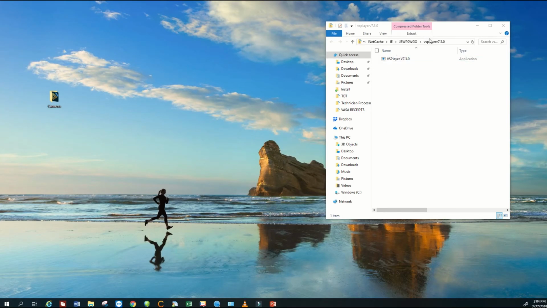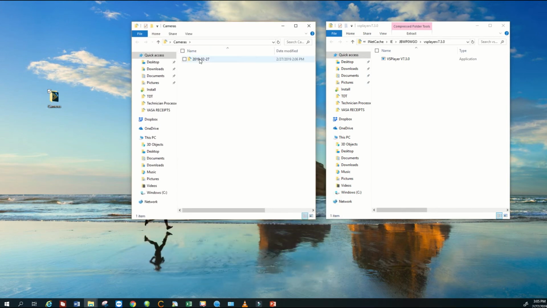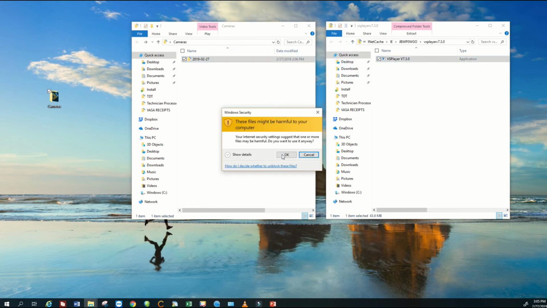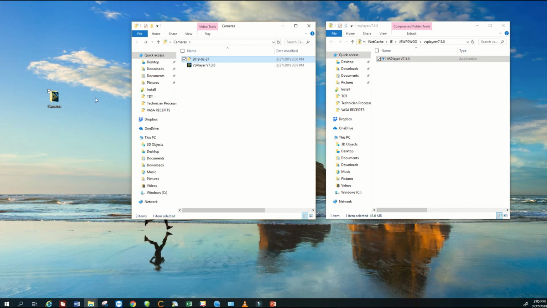Now that I have the file footage saved to my cameras folder, I want to also move this VS Player application onto my cameras folder, so that way when I put the files onto a jump drive or a CD to give to someone, I can also put this VS Player so that they can view those files. So the way you do that is just double click on the cameras folder, and then you can have the cameras folder view in one with my 2 files that I have here. If I double click, I can see those 2 files. And then I just want to move this VS Player application straight over onto the cameras as well. That way I have it on my folder, so that I can just copy it straight over to a